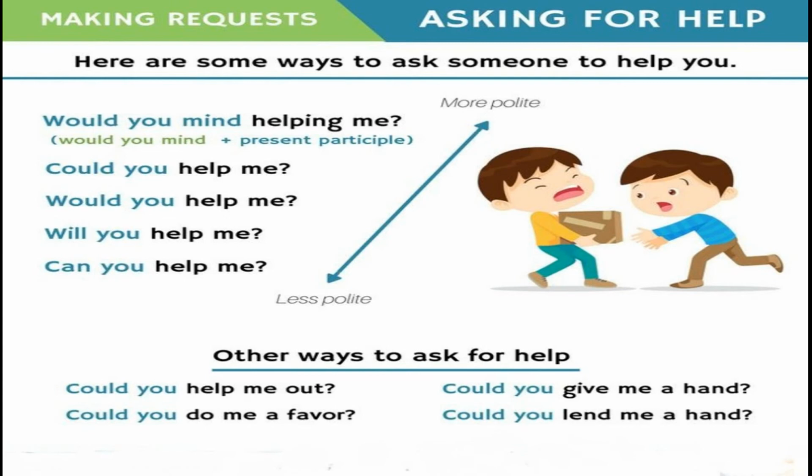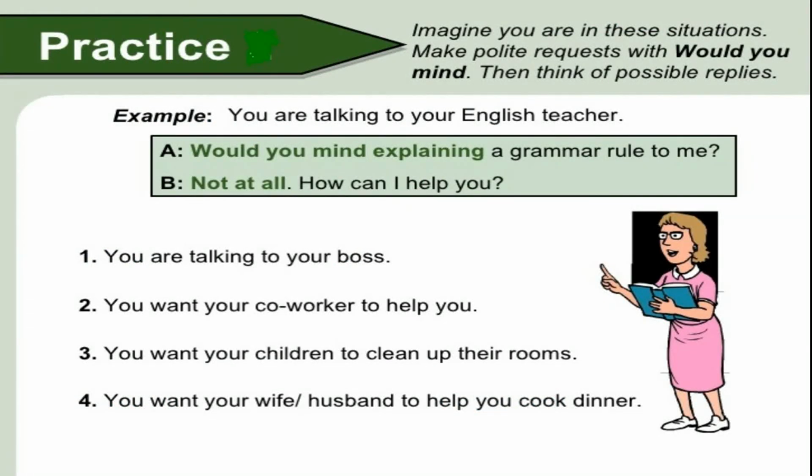The following are suggested situations in which you can exploit the expressions we have studied concerning making and responding to requests. So situation number 1, you are talking to your boss. Number 2, you want your co-worker to help you. Number 3, you want your children to clean up their rooms. Number 4, you want your wife or husband to help you cook dinner. So now it's up to you to practice and to use these expressions in order to make your requests and